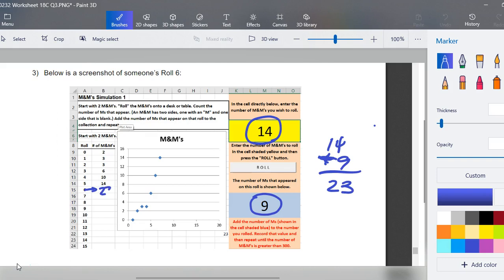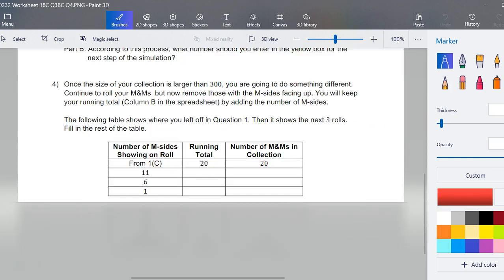So the number that we would put there is 23, and here's the Y. Part B, according to this process, what number should you enter in the yellow box for the next step of this simulation? Well, we're going to put our 23, hit roll, and it will generate a new number in our M side up box. Again, we're still looking at this spreadsheet that you're going to encounter in your preview and